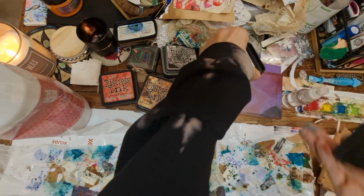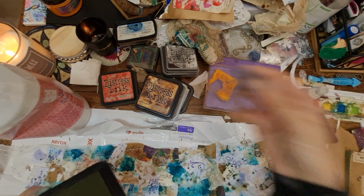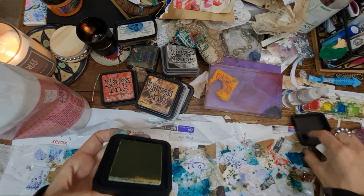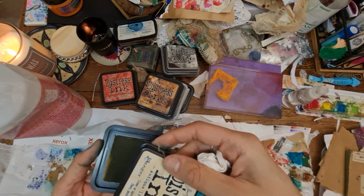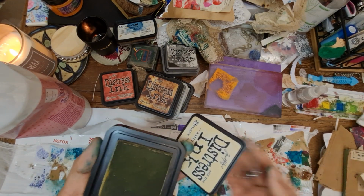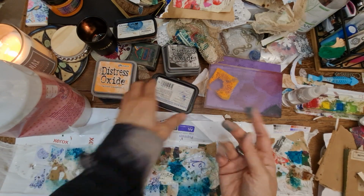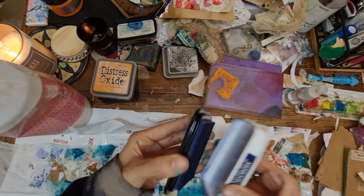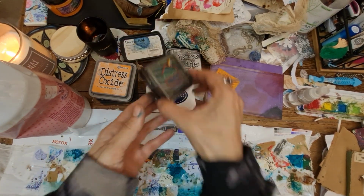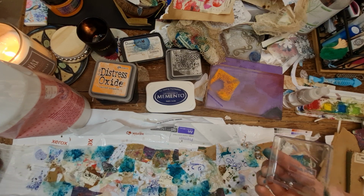Black soot. Okay. And then we've got, oh no, contaminated. Which one was that anyway? Oh yeah, the antique linen. Sorry, antique linen. We did get you on there though. Okay. And a tiny bit of the memento, so I'll just darken everything. Wondering how that looks now. Should we just add a bit on the...